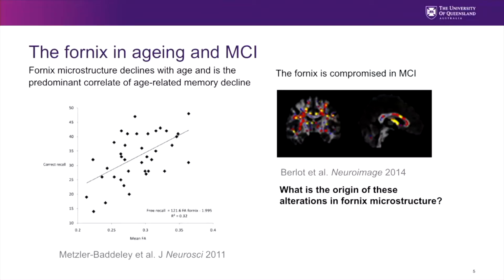What we couldn't really say at this stage was what the origin of those changes in Fornix microstructure were. And this was the question that I was asked every time I presented this. What is the cause of those changes? Are there changes in the hippocampus? And we didn't really have the imaging quality at that point to try and understand what the origin of those